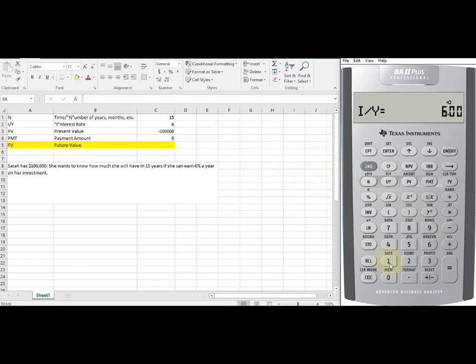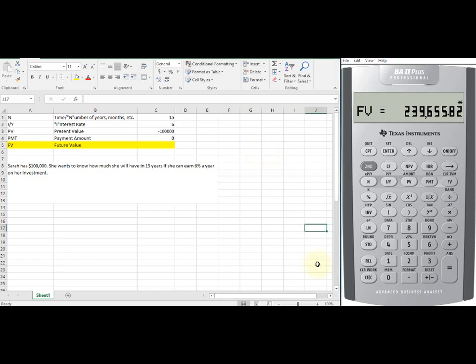Present value, or the money that we have today, is negative $100,000. That'll be our present value. And then we want to figure out how much money Sarah will have in the future. So we simply click Compute Future Value,